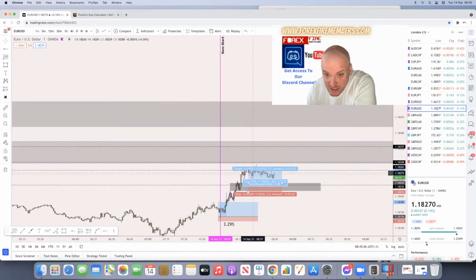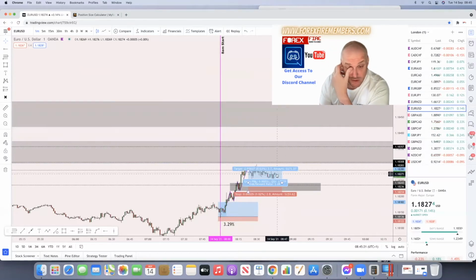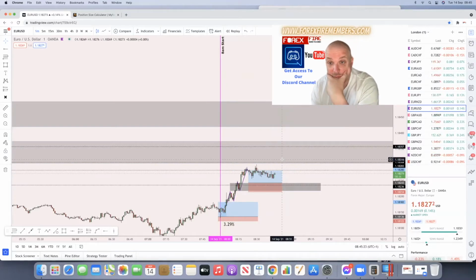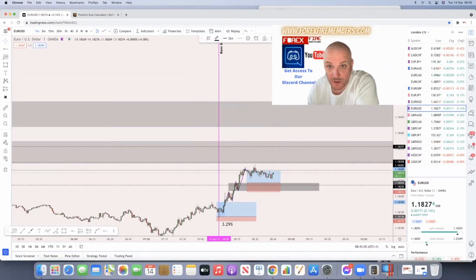We may even just get this consolidated along this line. It might not enter on here and touch. We've got our entry just above the zone, okay, within the order block, and nesting in the order block, we've got the fire zone, okay. It might not respect that. It might just actually go and touch straight back up, but we'll see where we're headed with that. So that's another little top tip for you.